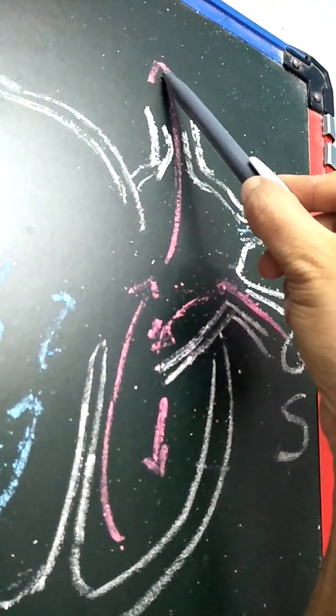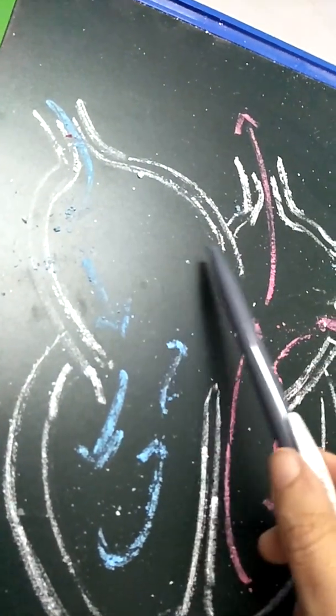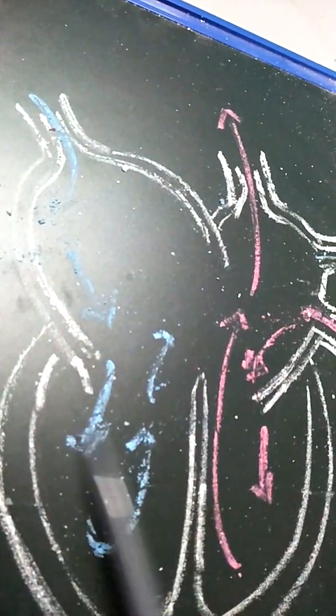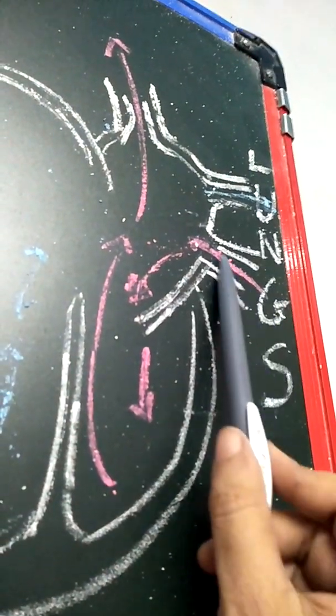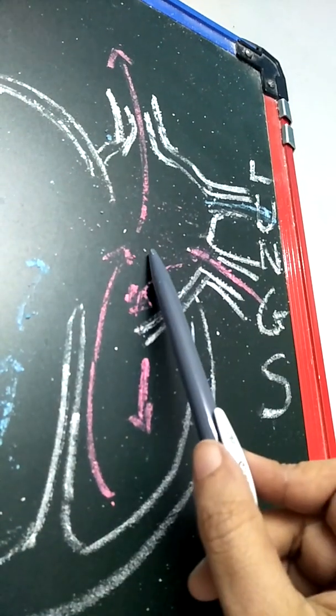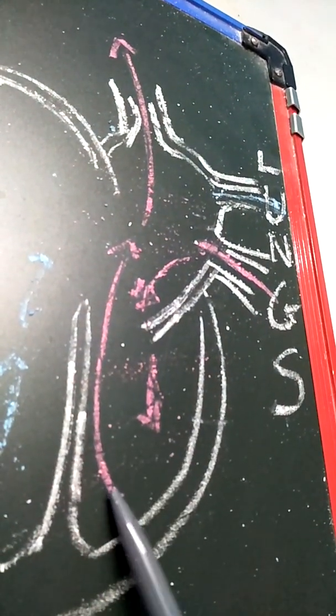That is how the pumping of the heart takes place. From here, this expands, it fills, this contracts, this expands, this contracts, it goes to the lungs. From the lungs, this expands, this gets filled, then it contracts, it comes here, this expands, again it goes out of the body. Now in your textbook, if you see the working portion of the heart which I just now explained, it is this.